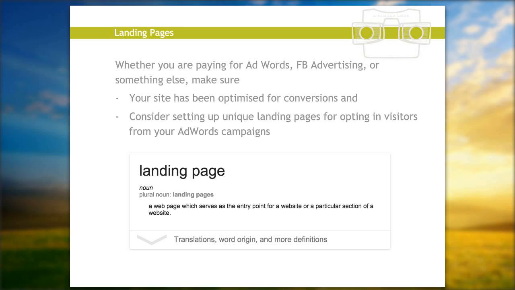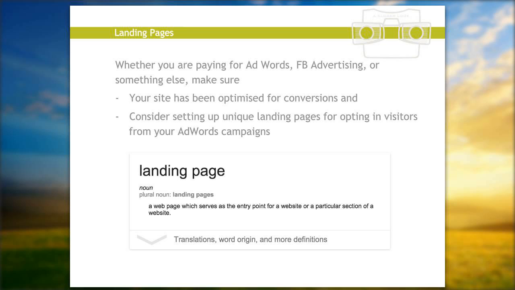Okay, so whether you're paying for AdWords, Facebook advertising or something else, make sure, as I've said, your site has been optimized for conversions, and also consider setting up unique landing pages for opting in visitors from your AdWords campaign, I should have said, or your Facebook campaign there.